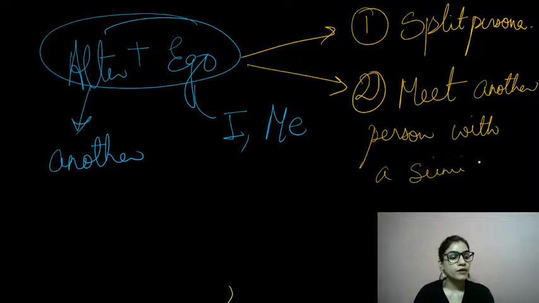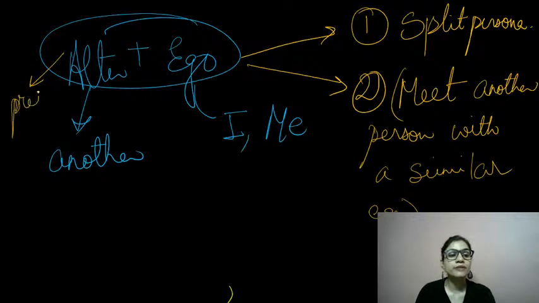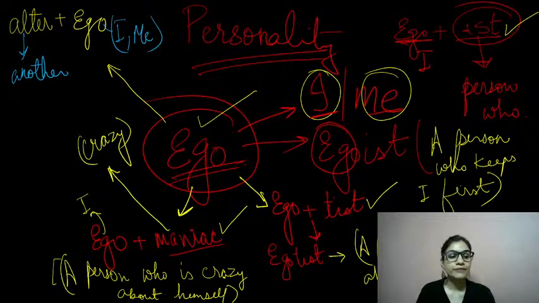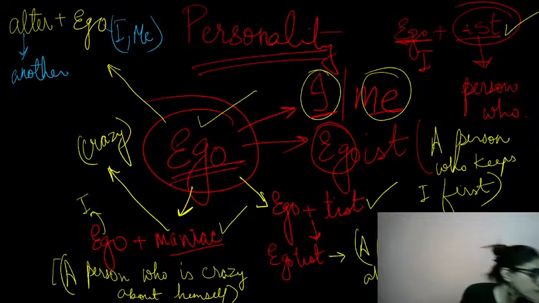Prasanjit and Dev, are you able to understand? Guys, if you have any doubts or you want me to take you to the previous slide, do let me know. Alter ego means another ego. So this time I'm adding another prefix. अभी तक हमने सारे suffix add किए थे, ये prefix add किया है ego में, right? And these were the other words. Please have a look at the slide. Note down these words. Let me know once you're done. I'll take you to the next slide and then we move ahead to the next word root. Take 1 minute.